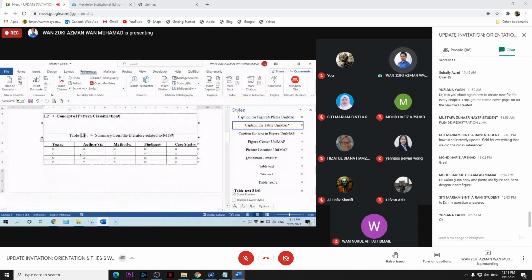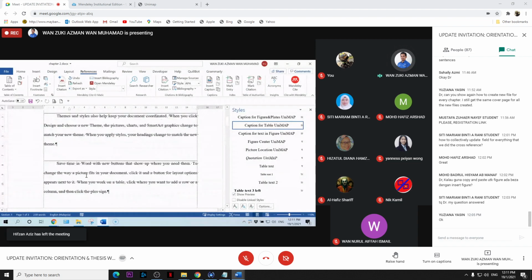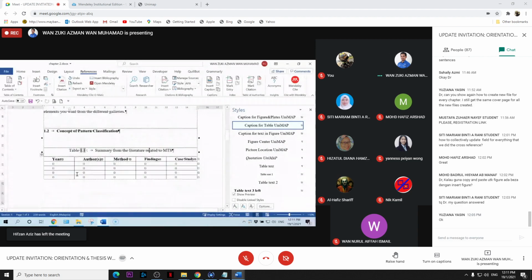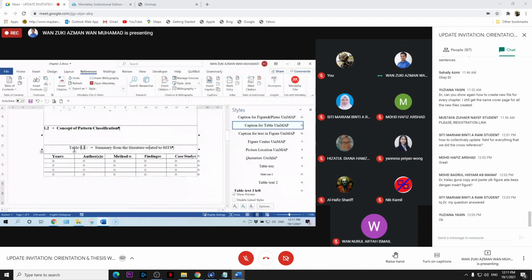Okay, the same thing for the table. If you add a new table before the existing one, this table number will update automatically. Okay, so you save. Okay, next,